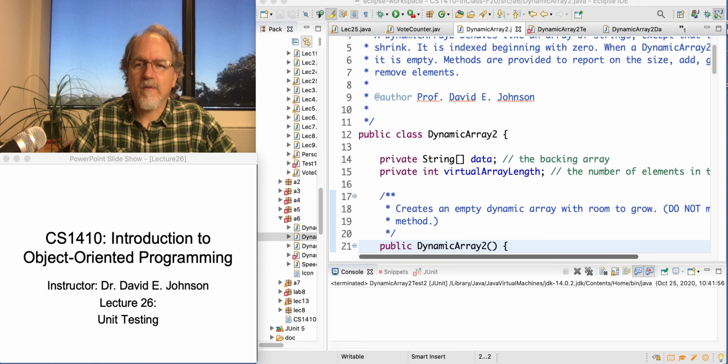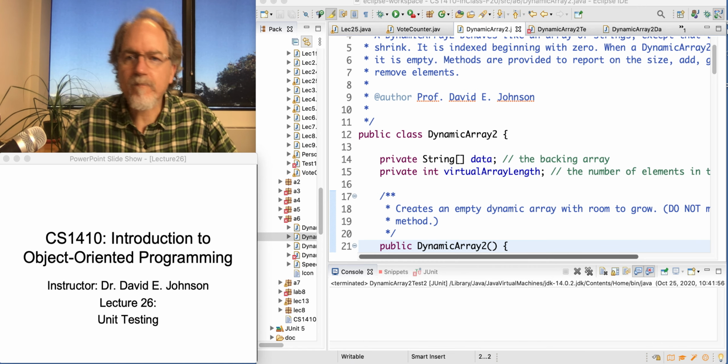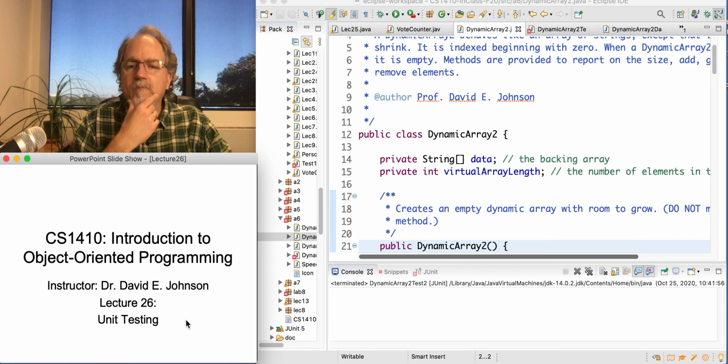Hi, today I want to talk to you about a topic that I've been meaning to talk to you about for a while. This is on unit testing. So this is a more formal approach to testing than we've been doing in our own assignments with little tests in main and so on. All right, so